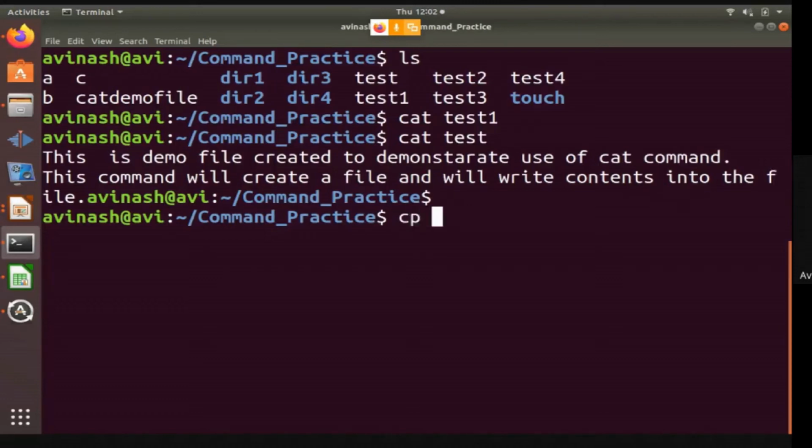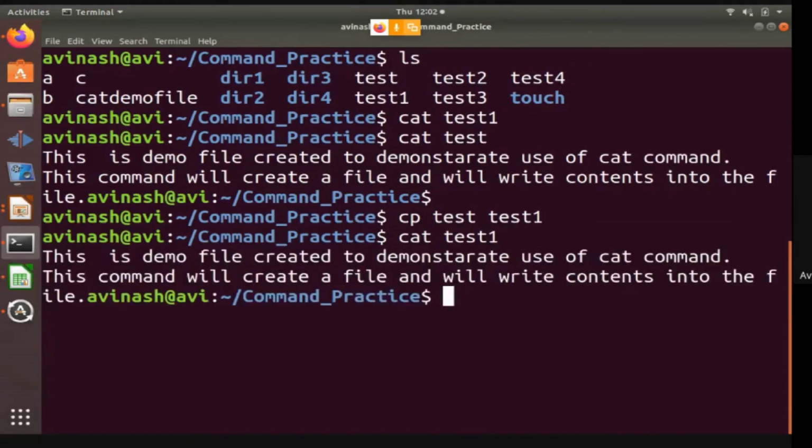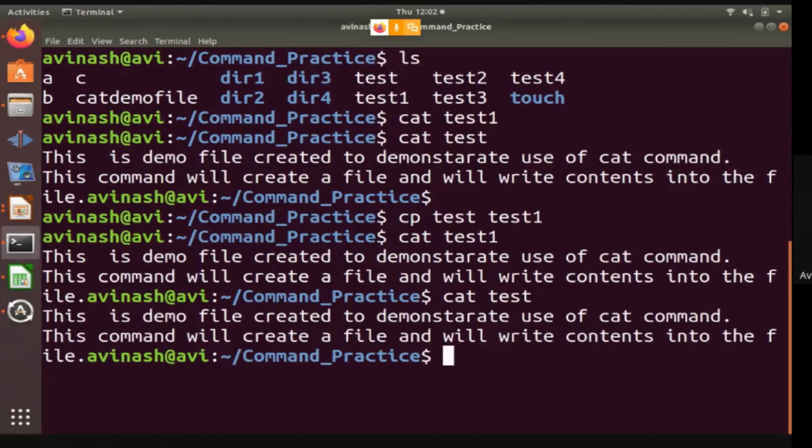So what command should I use? cp, source file test, destination file test1. Now check whether it is copied or not by displaying the contents of test1. So test1 has the same contents as test file. Is it clear?